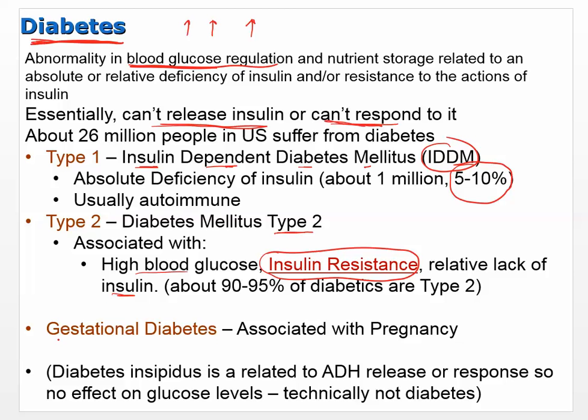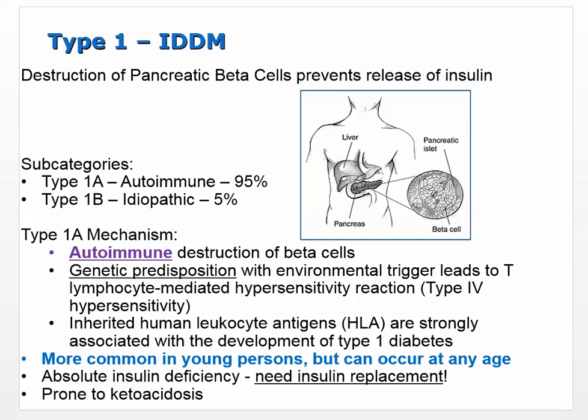Now, another type of diabetes is gestational, and that's associated with pregnancy. It's not really known what's going on there, what's causing it, but we know that it tends to be associated in some ways with type 2. So a lot of people with gestational diabetes will go on eventually to develop type 2 diabetes as well. Okay, so it's almost like a trigger.